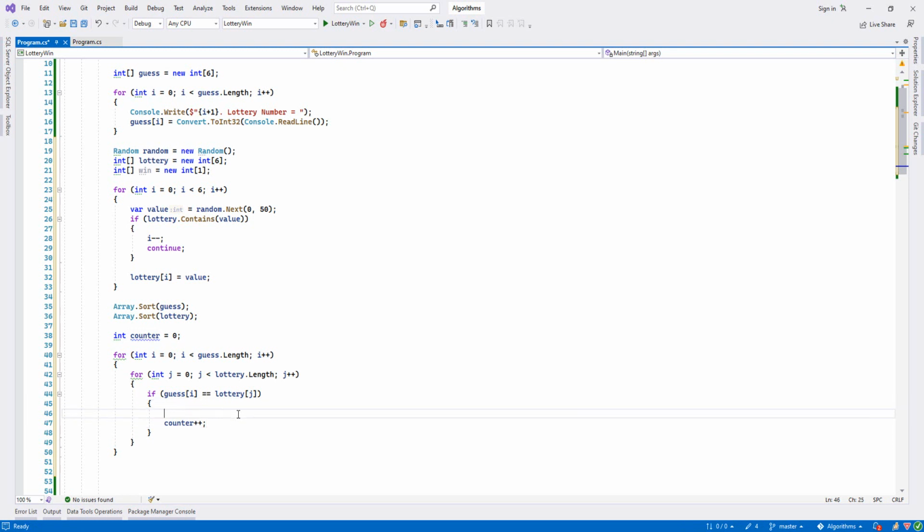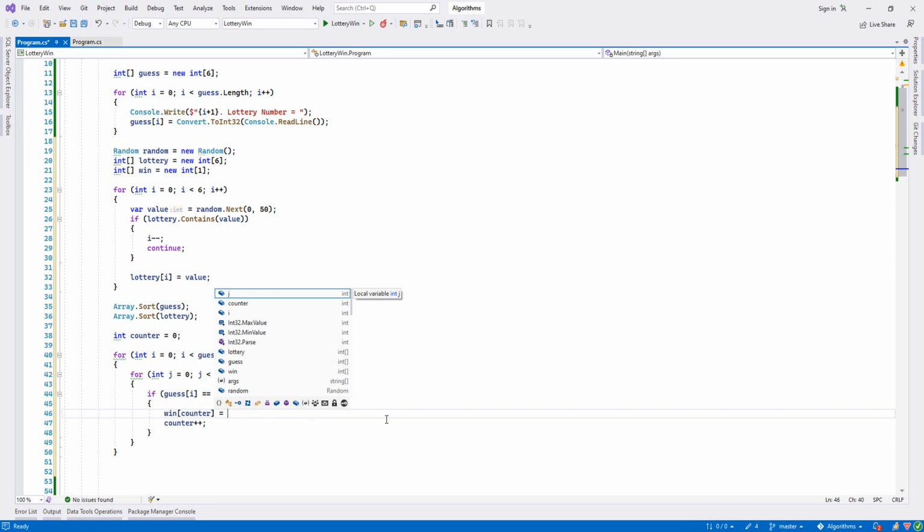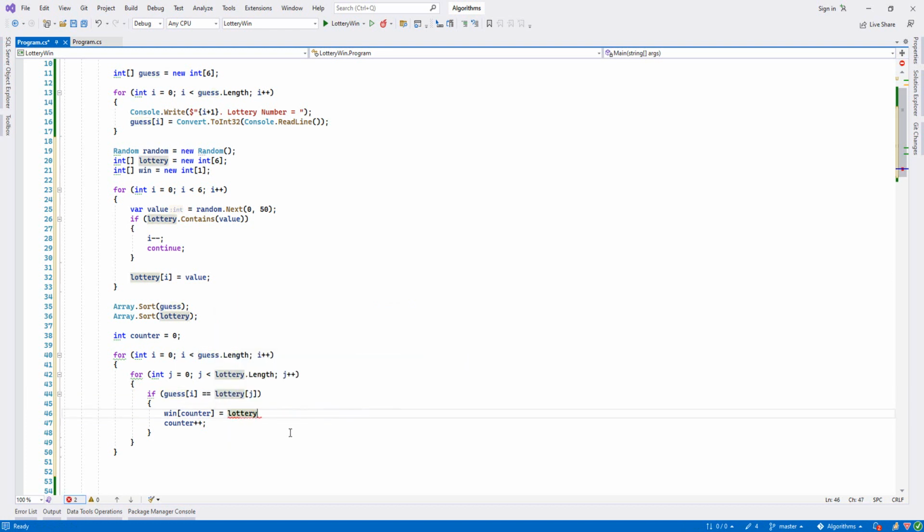we have to assign our array, I mean the win array. We'll say win, and then I will write counter here, and then I will assign our number. Our number, both of them, if it's the same, you can choose either one, it doesn't matter. I just choose the lottery J. That's like this. And then after this one, I will just